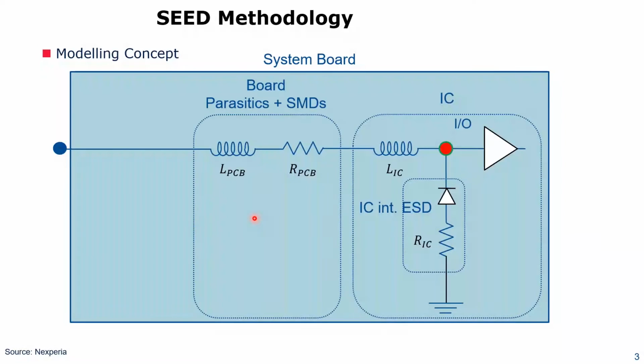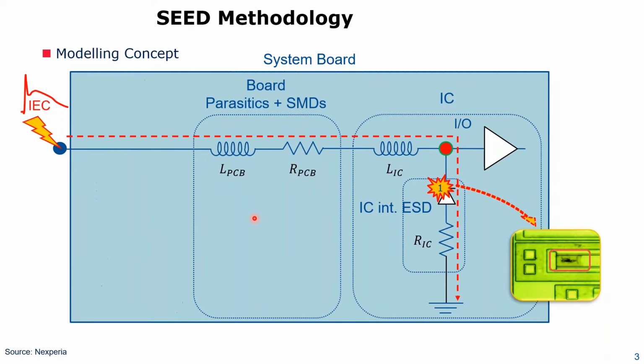Now, I will advance a little bit faster. This is an example where an ESD enters a board. This is a board. There are some traces. The traces have maybe some inductance and resistance. Then there's some inductance inside the IC. Here's the IC, and there's an ESD protection here. It's shown that if too much current flows, it gets damaged.